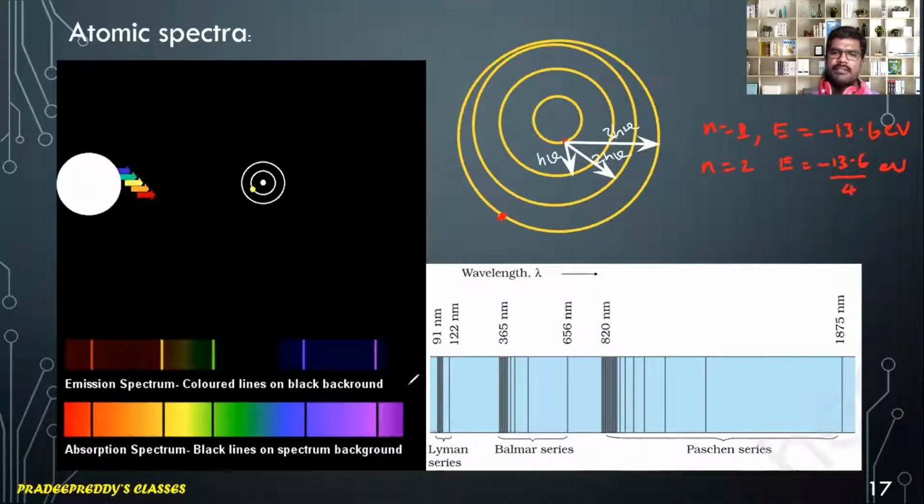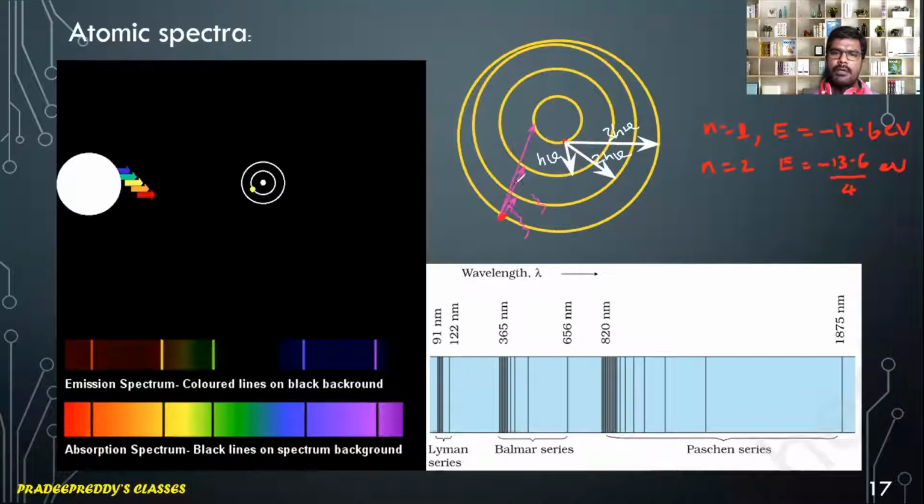Likewise, if the electron is in the outermost orbital, releasing continuous energy, and it has come out to the outermost orbital, and now it is absorbing some radiation. So when it is absorbing some radiation, it undergoes a transition in this way. So it can absorb h nu amount of energy, and it can enter into this level.